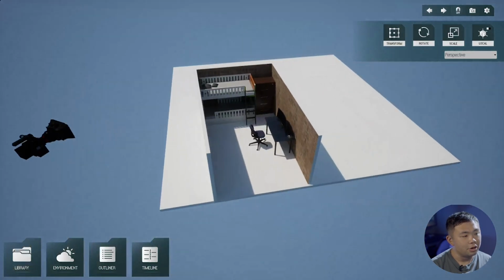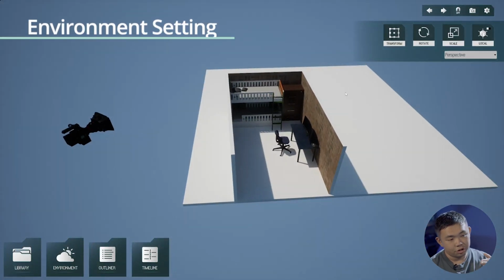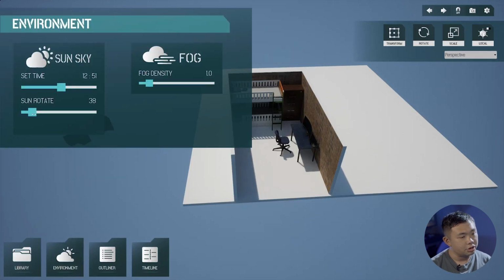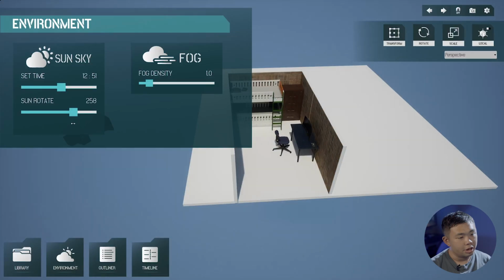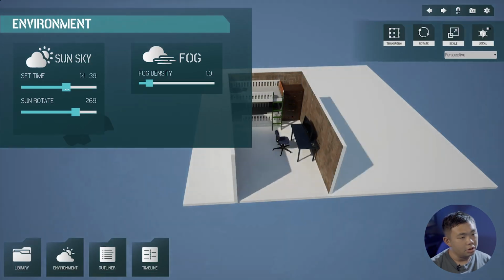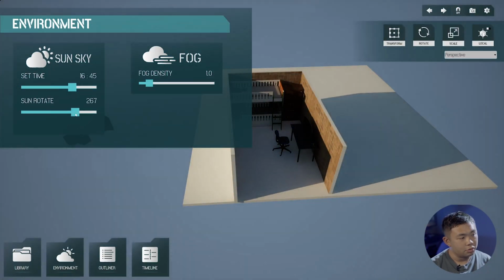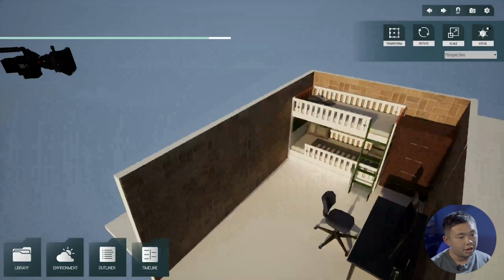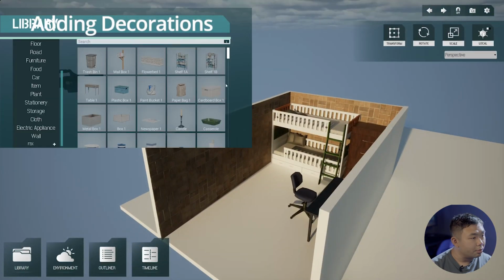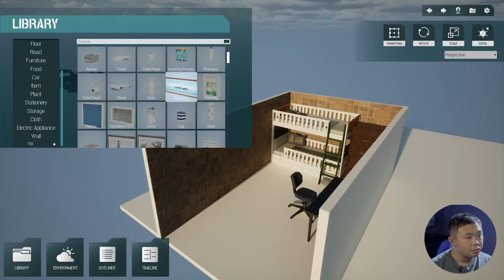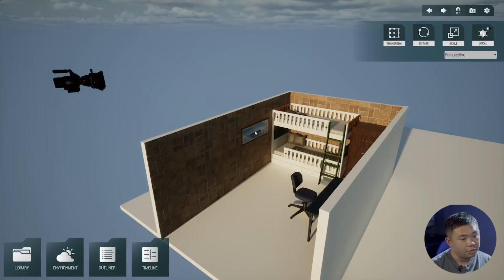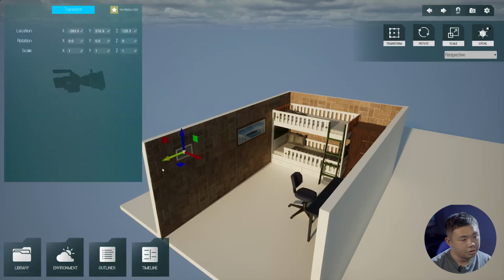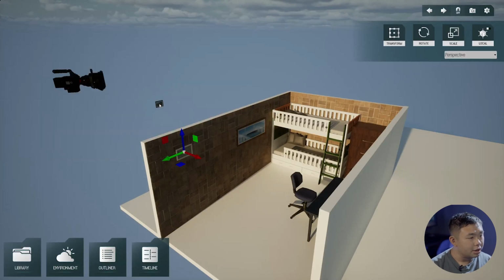You can see that because the sun is in this direction, it's not actually shining in the area that we want. So you can change the sun direction to somewhere here, or change the time as well. Alright? And can we have some more decorations here? Maybe items. So yeah, we have paint. So we can put a paint here. And we want a ventilation grid. And one more paint as well.